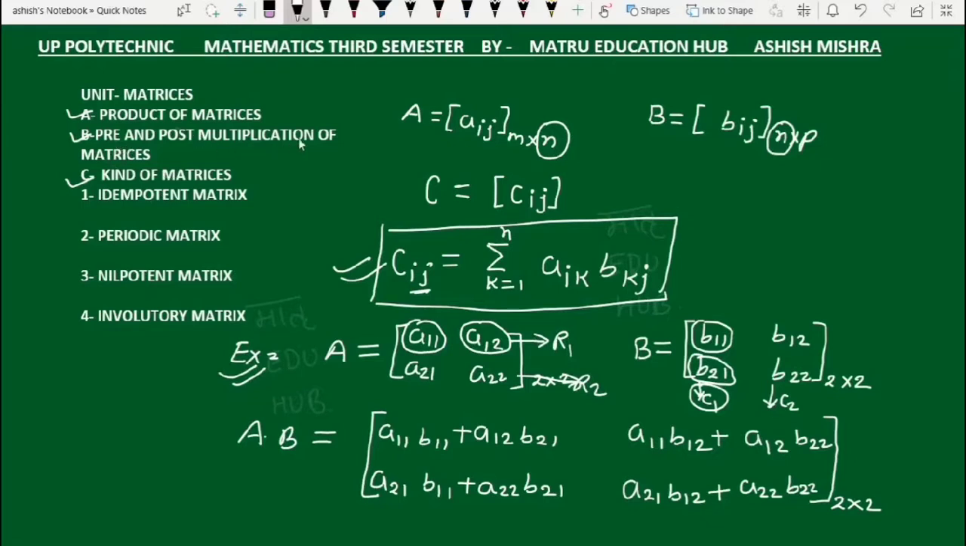Okay, next, pre and post multiplication of matrices. Very easy. Let there be two matrices A and B, their product is A dot B. Here A is known as the pre-multiplier of matrix B, pre-multiplication of matrix B. Okay, and in A dot B, here B is the post multiplication of matrix A,